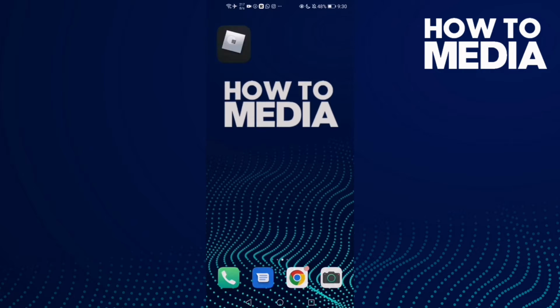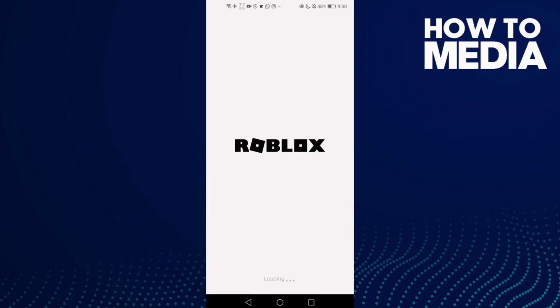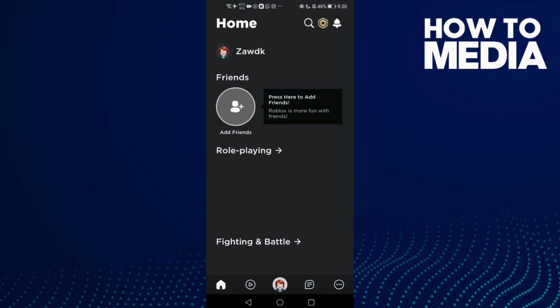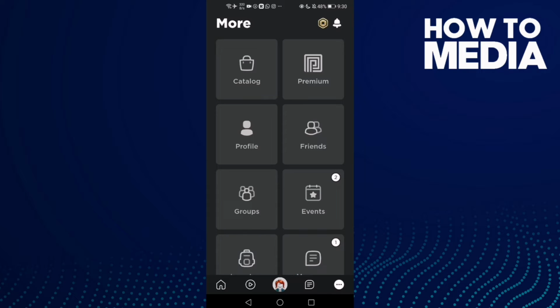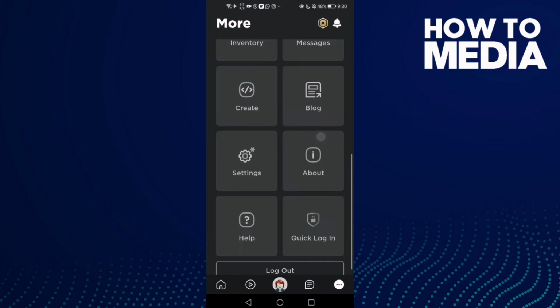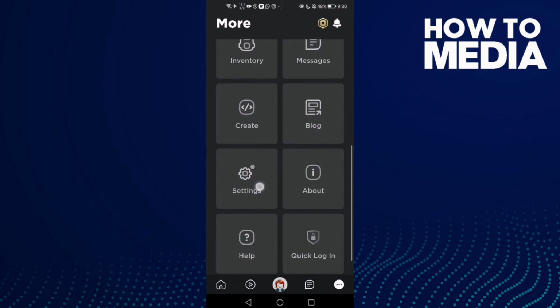First thing, go to Roblox and now click these 3 points here in the bottom corner, and after you click on it just go down and you will find settings here,